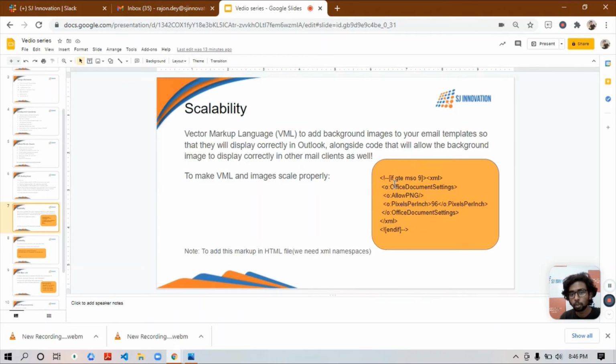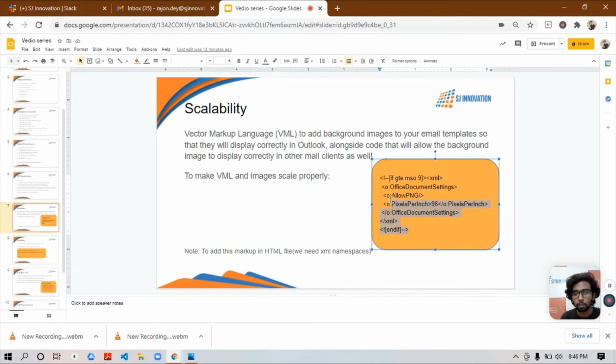So whenever you need such a thing in your email template, make sure this piece of code is in your style element so that VML and images scale properly in Outlook. I will also add this piece of code in the email template I develop in this video series, so that you can learn about this.